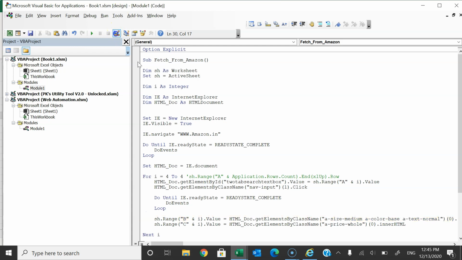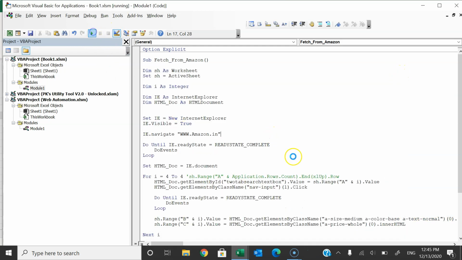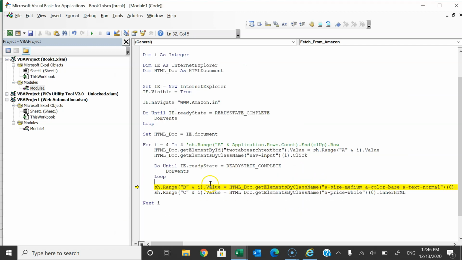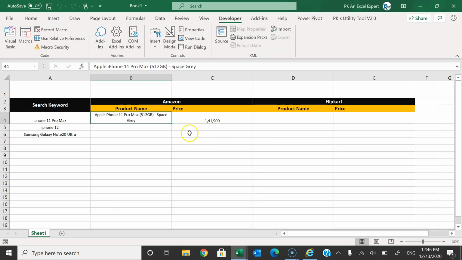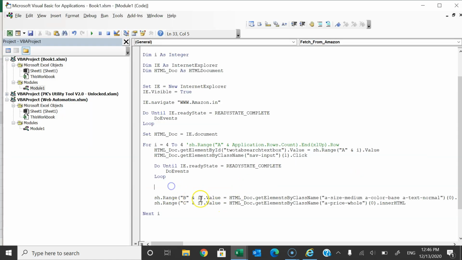So let me stop this, close this and run it again. Again it is giving the same error. So let's put here some wait time. Let's see first manually if I run, then you can see it has run successfully and it is giving the values here. So when we wait for some time, the HTML code was loaded properly in the back end. So we can put some wait time also here, like